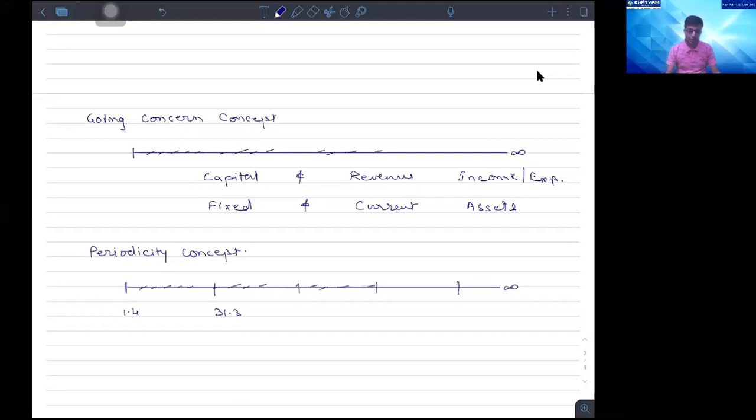On a further note, the periodicity concept says कि आप अपने going concern period को थोड़े थोड़े छोटे पार्ट में डिवाइड करो. क्योंकि अगर आप कंटिन्यूअसली ट्रांजैक्शंस को सिर्फ रिकॉर्ड करते रहोगे तो how will you be able to find out कि आप अपने बिजनेस में अच्छा कर रहे हो, बुरा कर रहे हो? आप कंपैरिजन कैसे करोगे अपने आप के साथ? For that purpose, this going concern period should be divided into that short period.